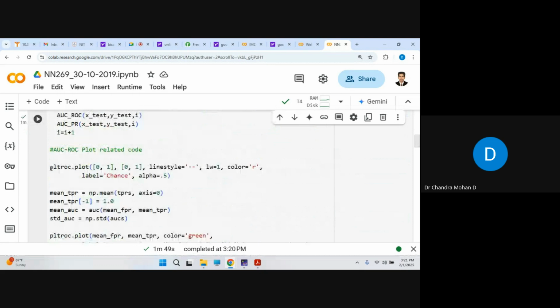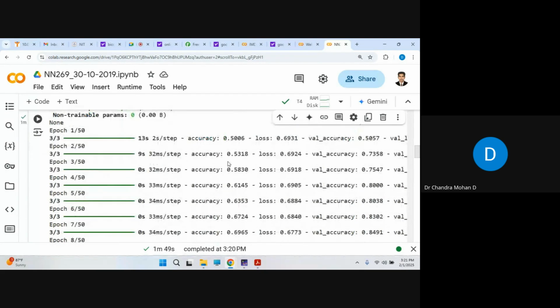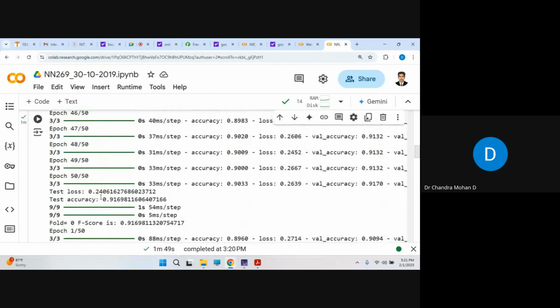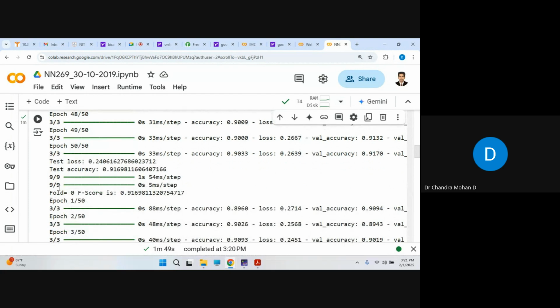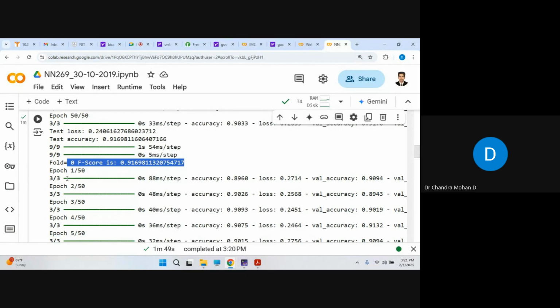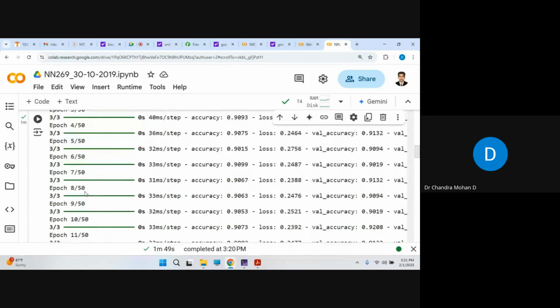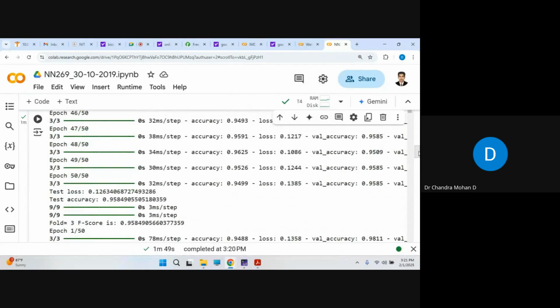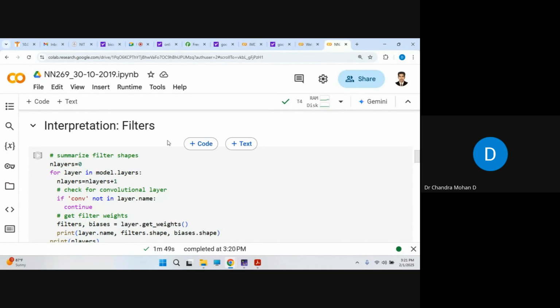So this is done. If you see here for different folds, like this is fold 0, what is the F1 score? For each and every fold, 50 epochs it is running. So after all epochs,